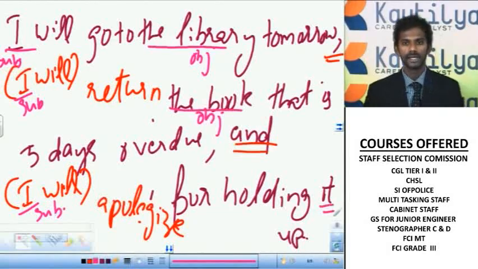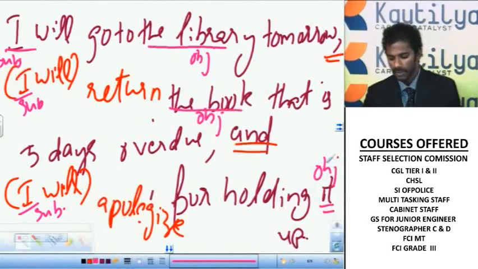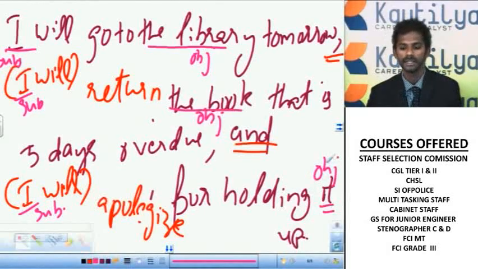I told you subject and object can only be nouns or pronouns. It is a pronoun referring to the book, right? For holding it up, that means of holding the book up. So it is the object here, and the predicate is will apologize for holding it up. Clear? So now all the three ideas are clauses, and in all the three ideas, tense